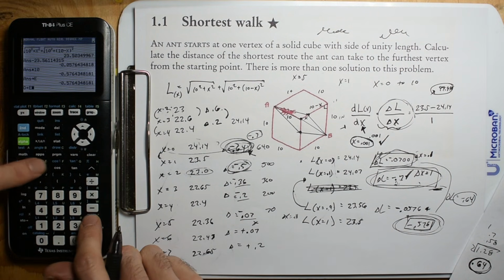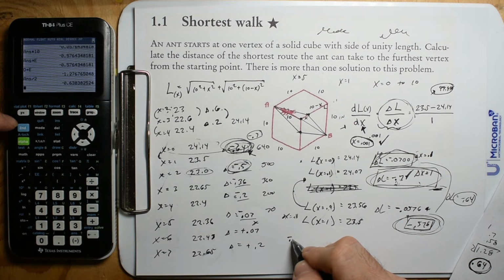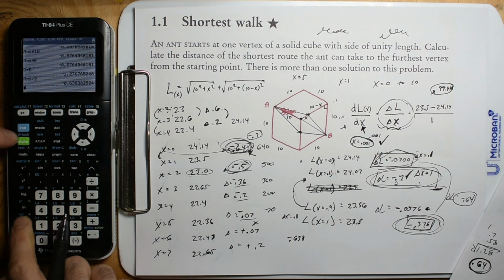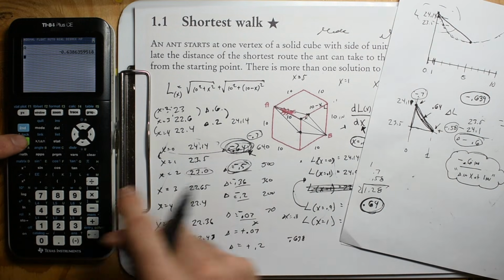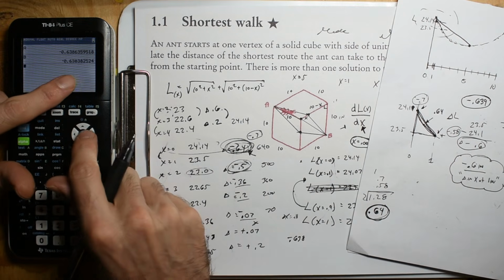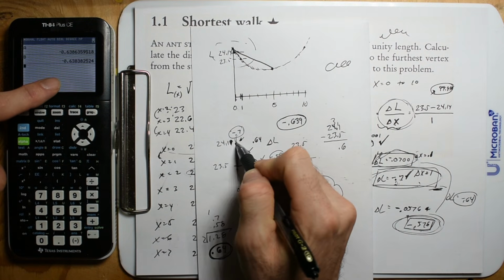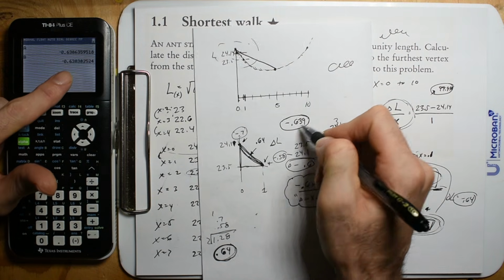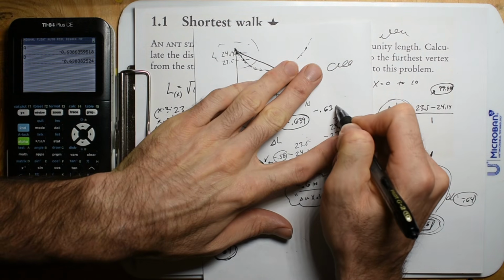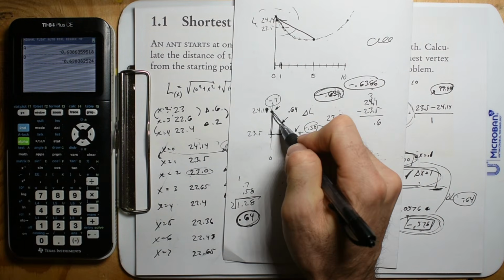So now when I go alpha d plus alpha e divided by 2, I get negative 0.638. Let's take a look at that. We're going to store that as alpha b. So we have alpha a, the one that we just found a minute ago, and this new one, alpha b. These two numbers aren't the same. So if we go back to our graph, the average that we just took, making a straight line, we were getting negative 0.6386. So that's the number we're getting when we actually get